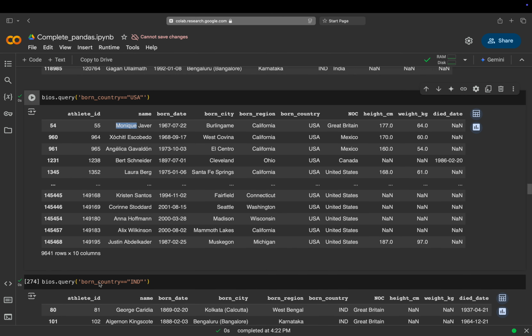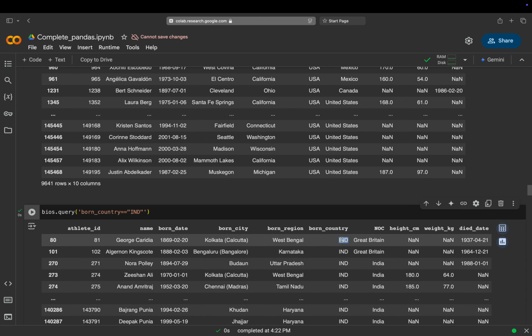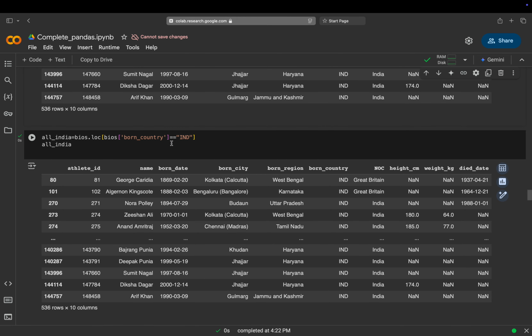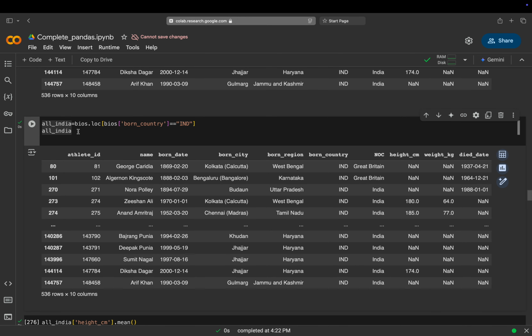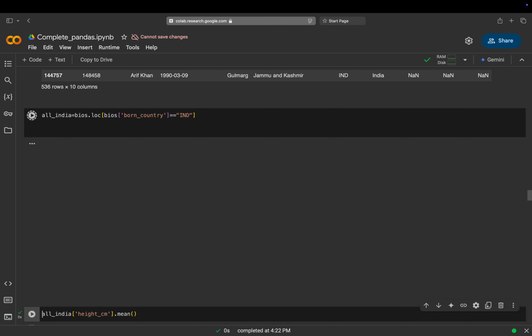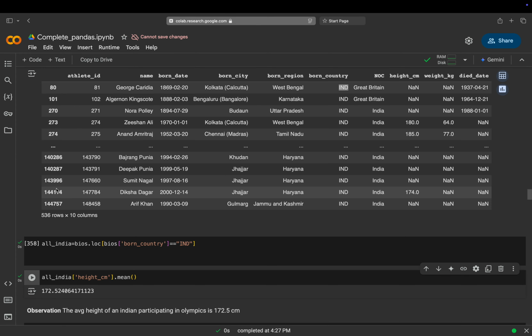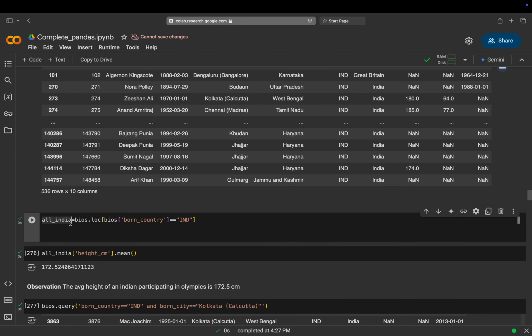If you want to check if born country should be India, so yeah, this is USA. Over here, if you want India, we got India, right? This is another way you can do the similar thing. And I made all India right now because we want to check the whole dataset, how it is looking. If I remove this, I didn't get the dataset because I'm not printing it. I'm just assigning the all India values of born country to this dataset. Okay, if I print now all India,